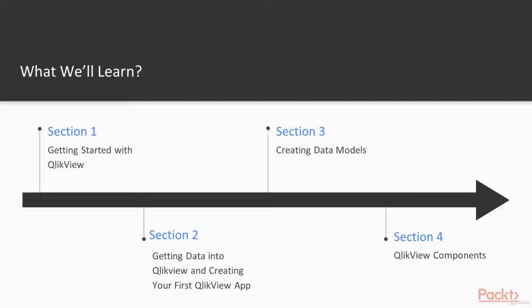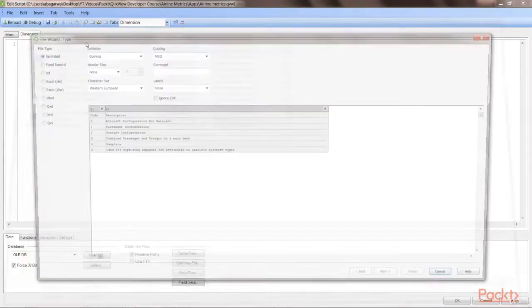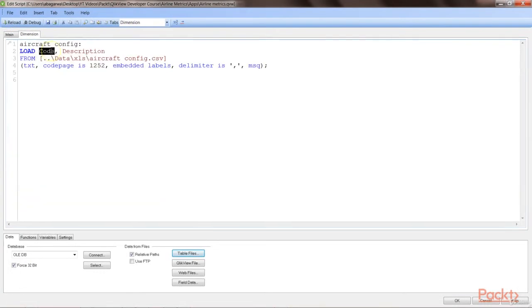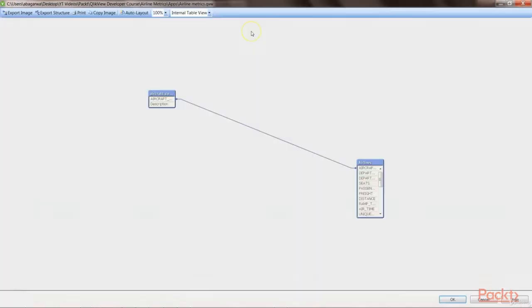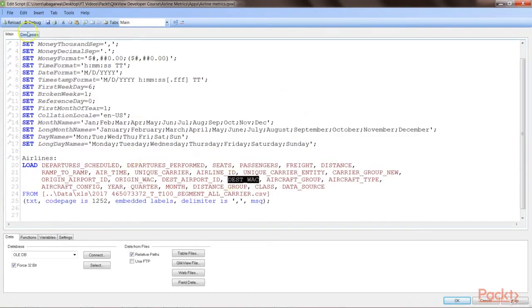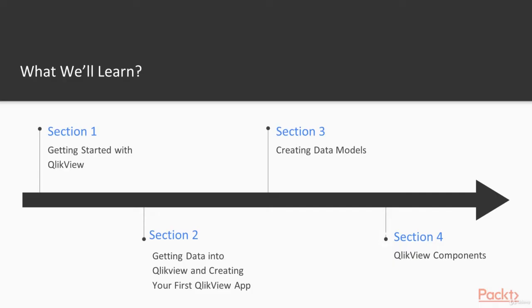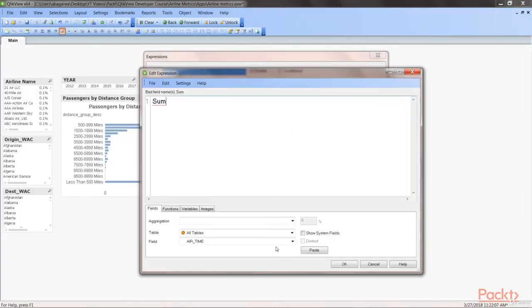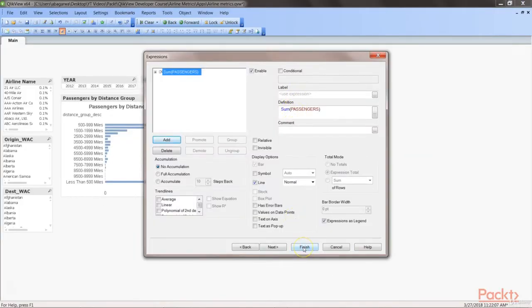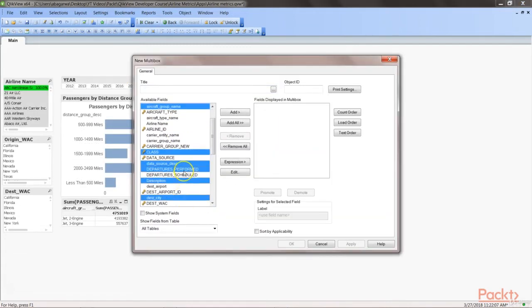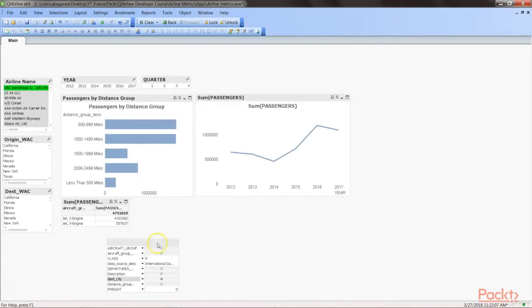for doing the dashboarding and analytics work. Then we will move on to how we can create the data models, and we will strive for creation of star schema, which is the heart of ClickView, where if we are achieving towards star schema model, your application performance will be very good. After that, we will move on to addition of new components like charts, list boxes, multi-boxes, etc., which are very important to give an intuitive interface to the end user.